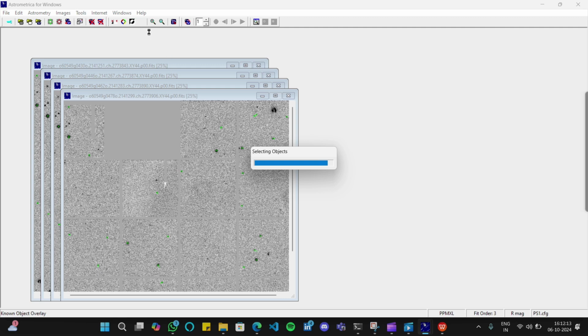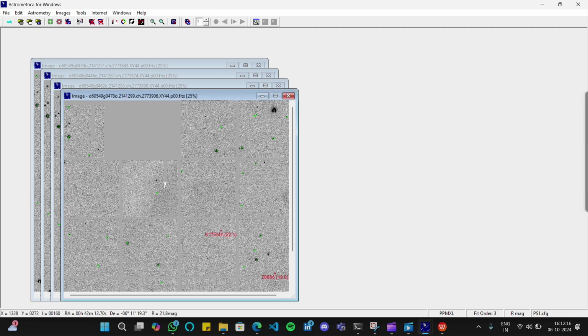So what is known object overlay? Many of you might be wondering whether some asteroids have already been discovered by other citizen scientists. The images that you and your team are receiving are different from the images other teams are receiving, but these images were also received in the previous campaign. So some citizen scientists also found some asteroids. So how do you differentiate asteroids which have already been found? What you have to do is click on the known object overlay.